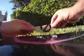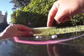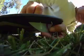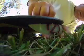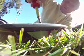You don't want to put the fin like that. This is a no-no. You want to turn it. The fin has to be like that. Okay, so you put the fin under, and the screws have to go inside these holes. So you lift the board, make sure the screws go inside the hole. Then once they're in, use a screwdriver